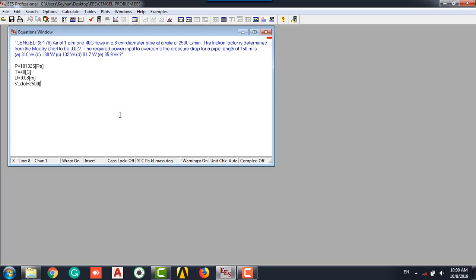is not a sufficient unit, and we need to convert liter to cubic meter, so we use asterisks for converting liter per minute to cubic meter per second, which is the common unit for V dot in SI units. The friction factor is 0.027, and the length is 150 meter, and the